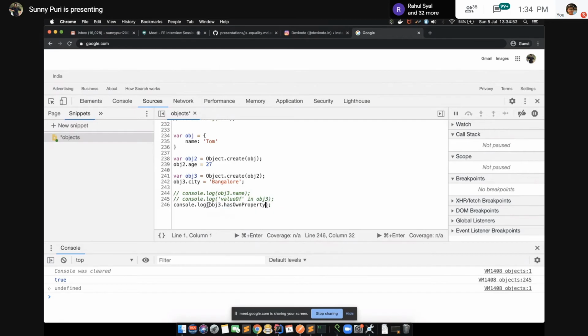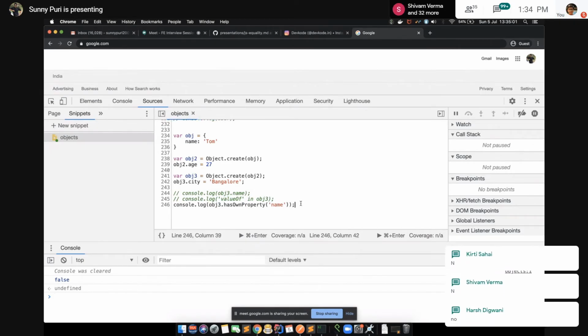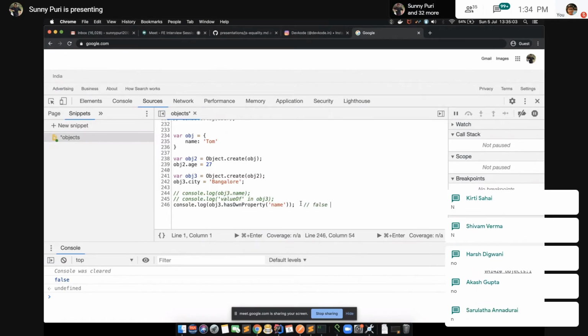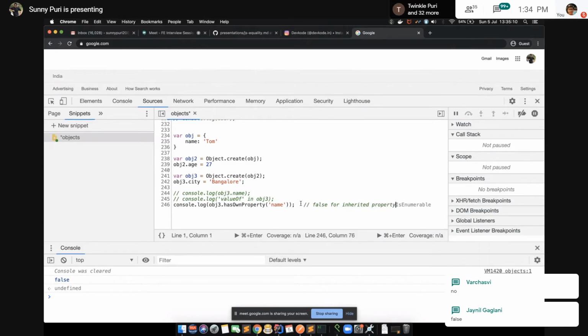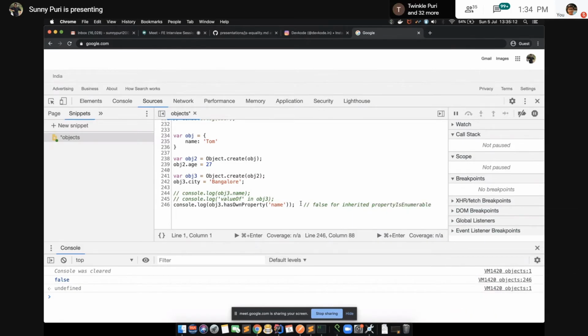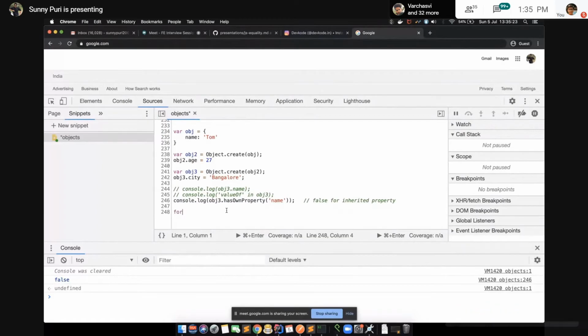We have hasOwnProperty. Now, do we have name as an own property? No. It will give false for inherited property. Let's iterate it.